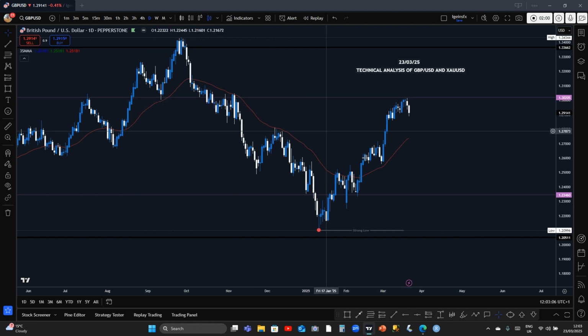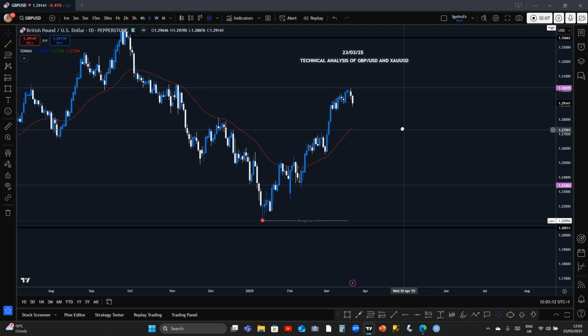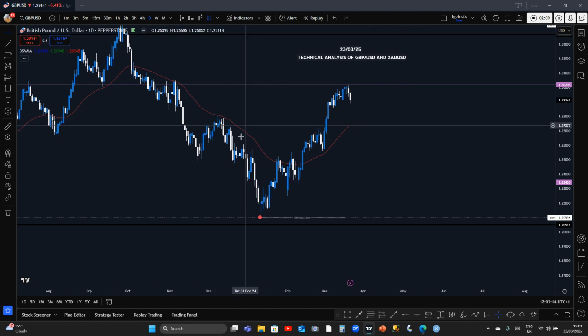All right, so it's a very strong and obvious resistance level. Having identified that, now price has gotten to this level, and what we are experiencing right now is what? Price